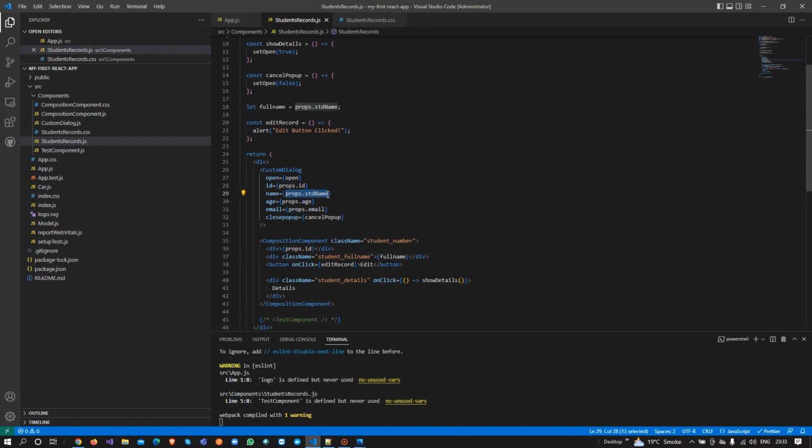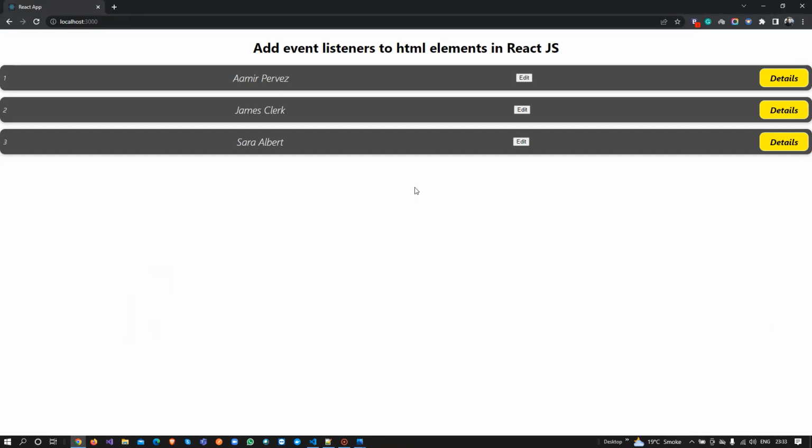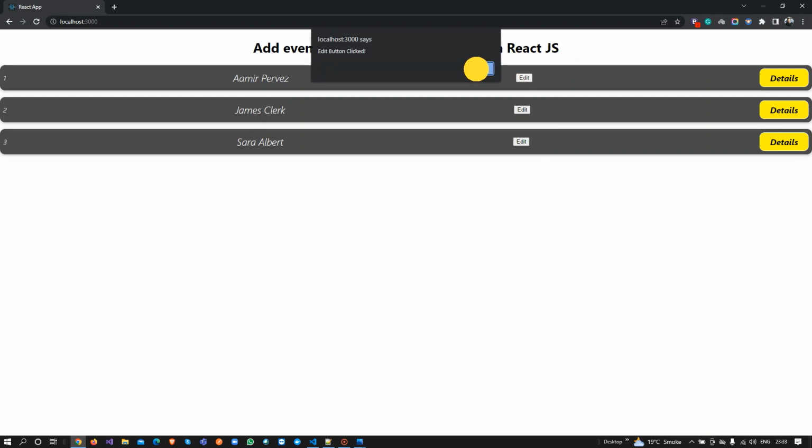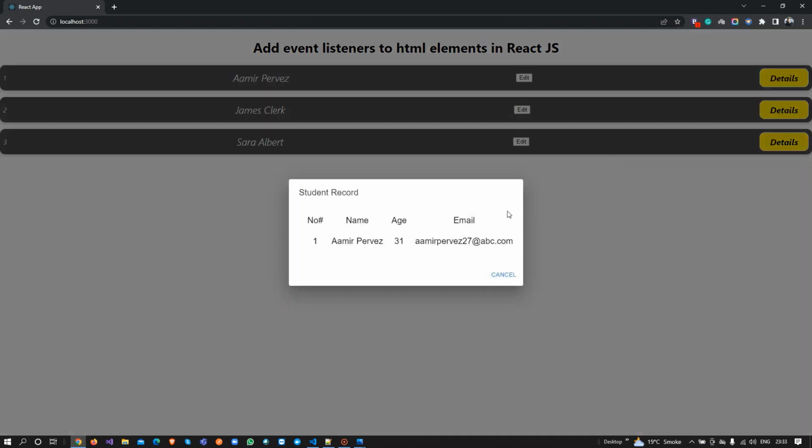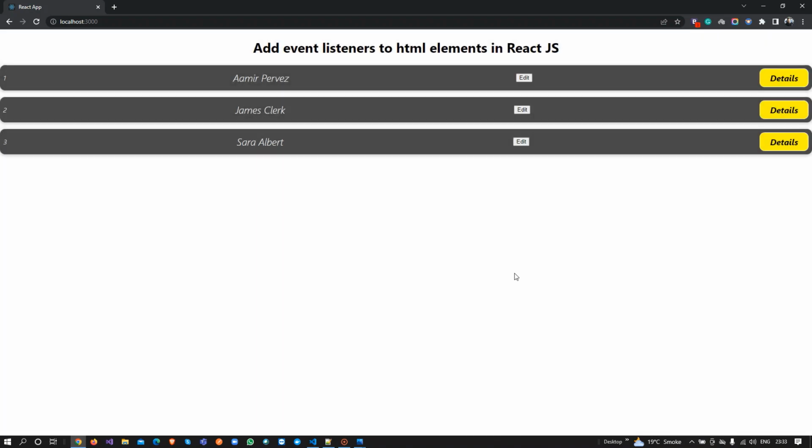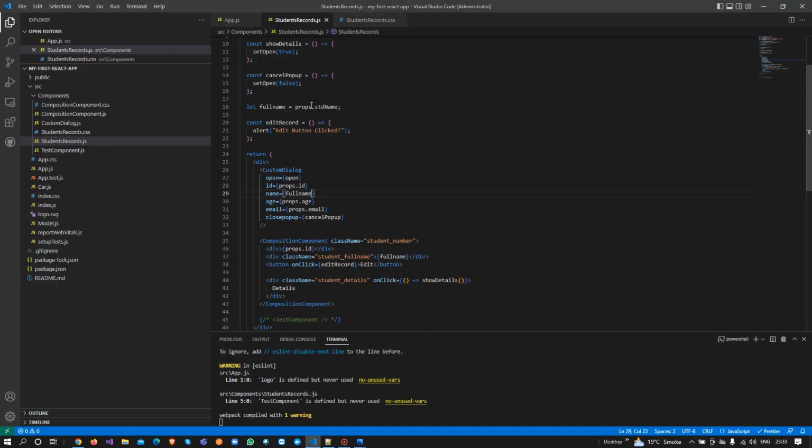This is actually a pop up. So I'm going to refresh this, and I do not need to refresh it, actually, by default it happens. Once I click here, it says button clicked. If I click on detail, it's showing the name. It means the data is actually bound in this full name, and then it's loading there. So once I click here, I will pass here